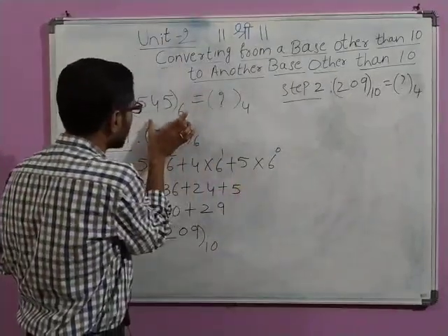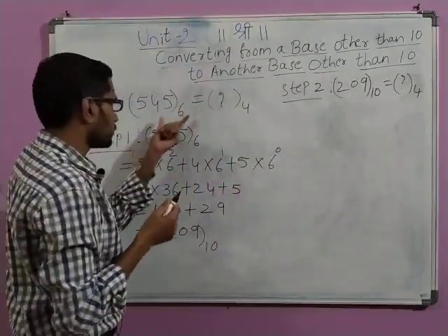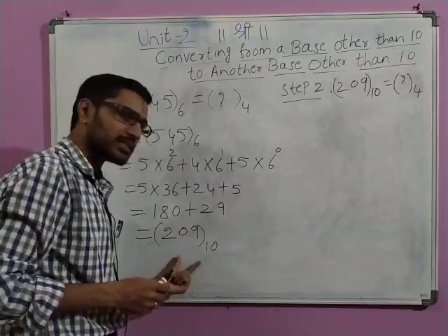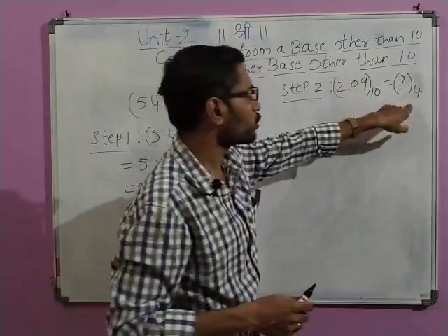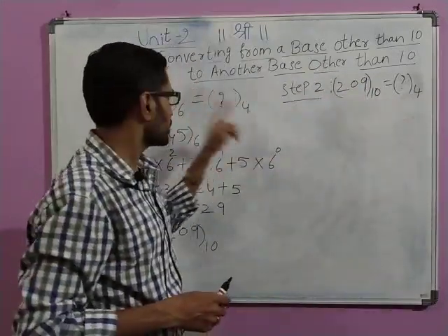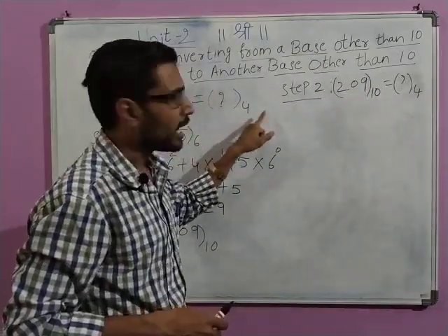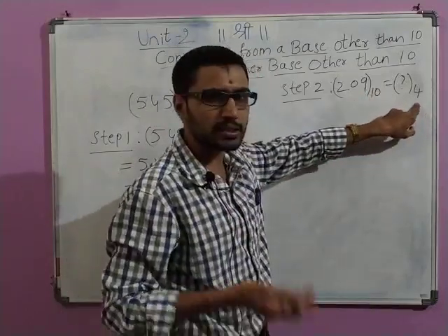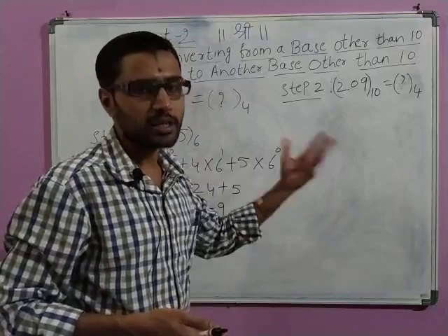In a single problem you are solving two sub problems. In the first case, you will take the number and convert into decimal, and whatever number you get in decimal, that you want to convert into the required base. In this example, the required base is 4. And how we can convert from decimal to any other base? This is by using the divide and remainder technique.